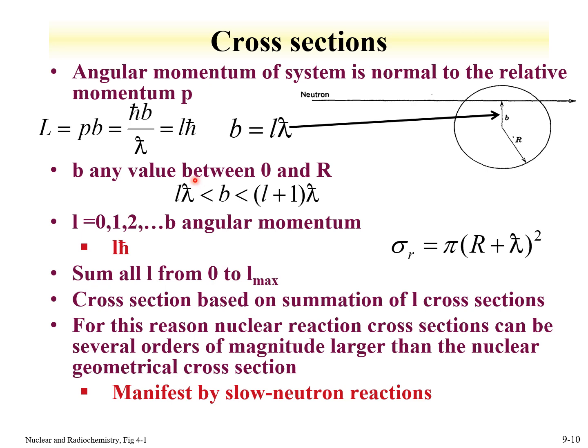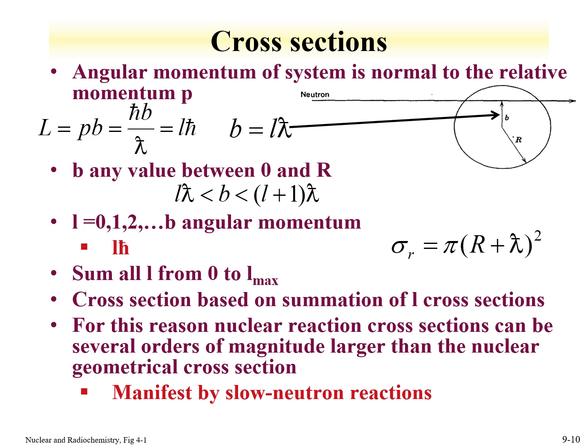So the possible ranges are listed here, where the orbital angular momentum is equal to 0 to b, where we can now sum all these terms from 0 to the maximum value of the orbital angular momentum. And we can see that the cross-section is now going to be based upon a summation of the system angular momentum